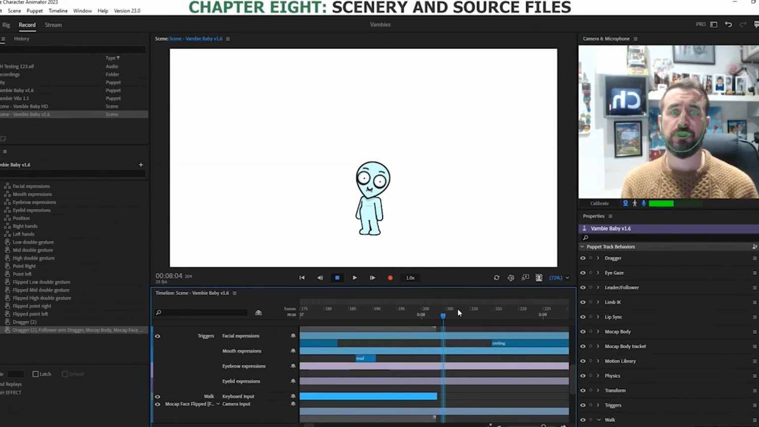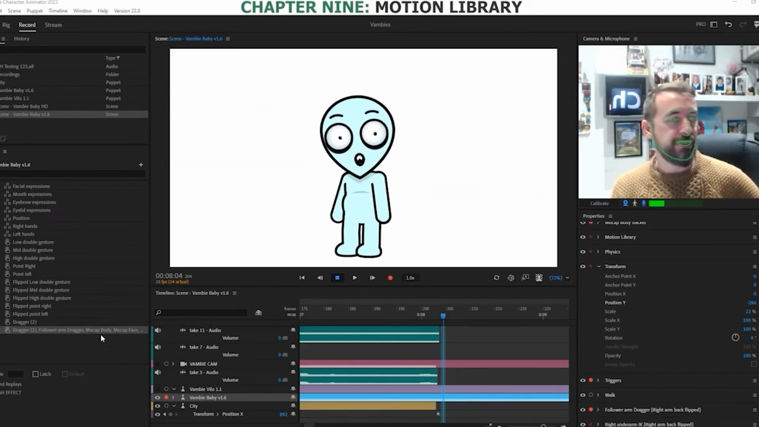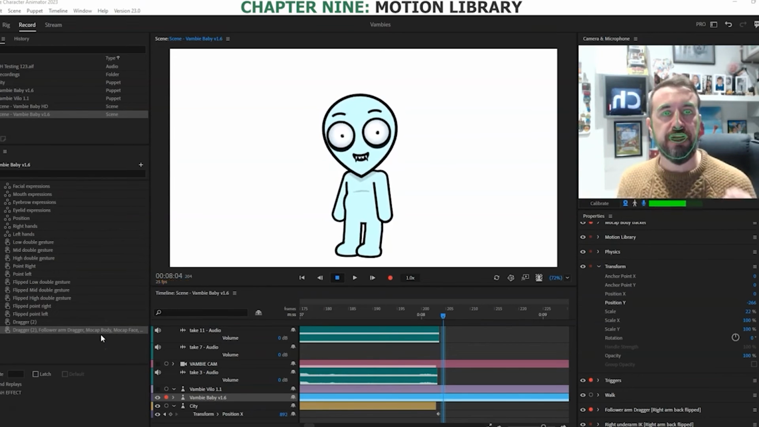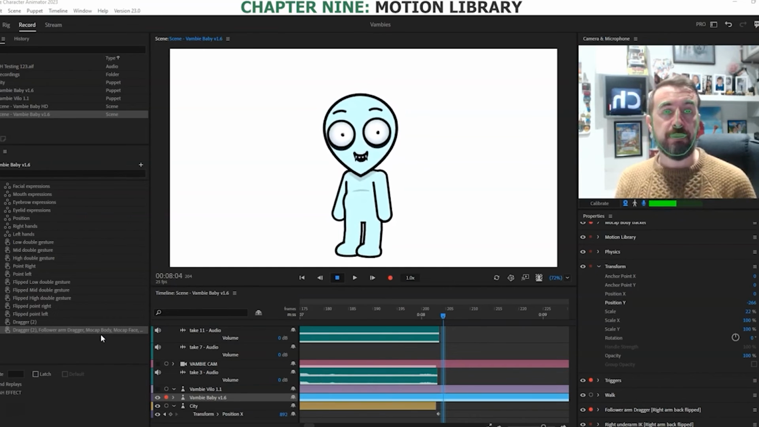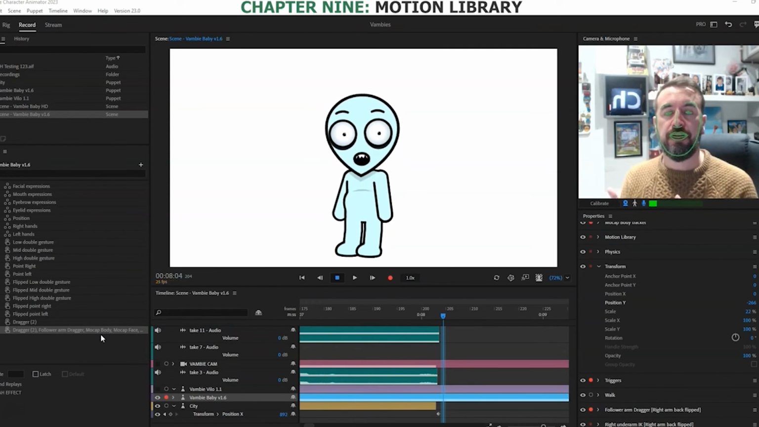Next, we're going to get into the motion library. Chapter 9, which is motion library. Right, now this is a brand new feature for Adobe Character Animator. And basically what it is, they've made a whole bunch of actions. I think there's almost 300 of all sorts. Now, as I covered earlier,